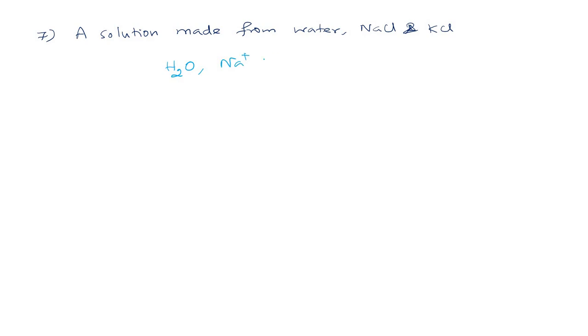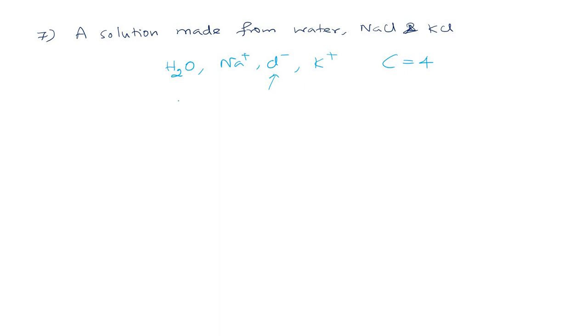after dissolving in solution, sodium chloride will give sodium ion and chloride ion, potassium chloride will give potassium ion and chloride ion. So already I took chloride ion here, so you need not worry about chloride ion from potassium chloride. You need not write the chloride ion again here. So total number of constituents present in the system is 1, 2, 3, 4. So the total number of constituents is 4 now.